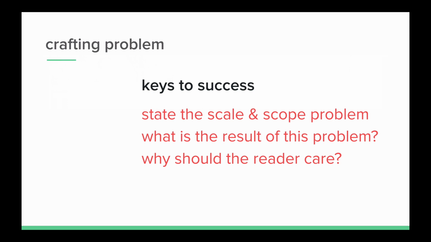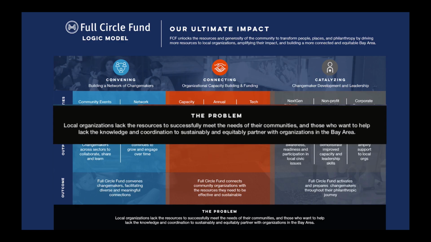And then finally here, think about why the reader should care. We're going to flesh this out a lot more in future workshops, but try to think about what motivates your constituents and why they should care about the problem that you are addressing. Build that motivation, if you can, into your problem statement. So again, from the Full Circle Fund logic model: local organizations lack the resources to successfully meet the needs of their communities, and those who want to help lack the knowledge and coordination to sustainably and equitably partner with organizations